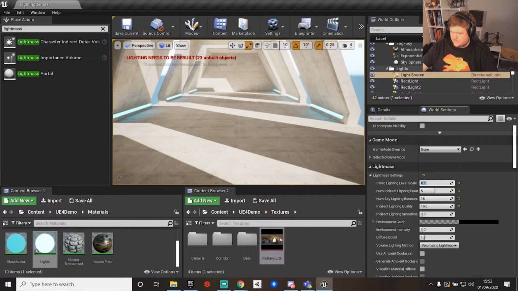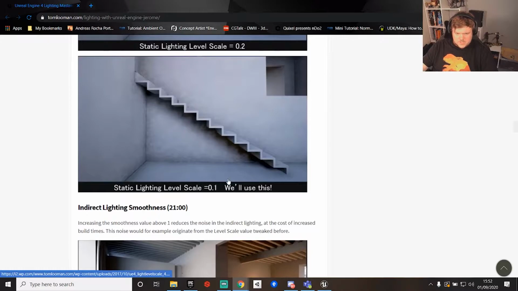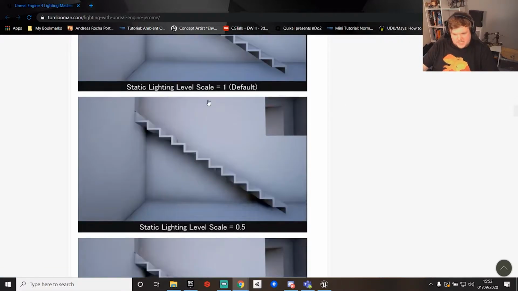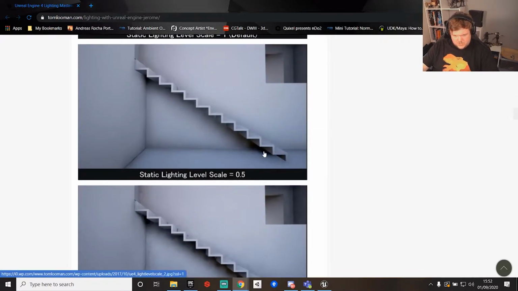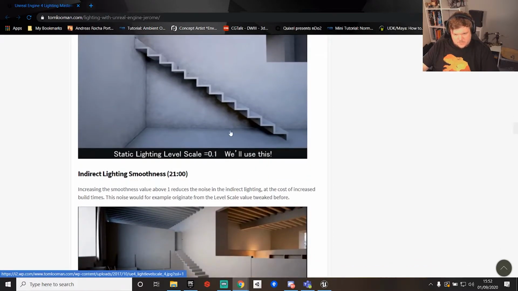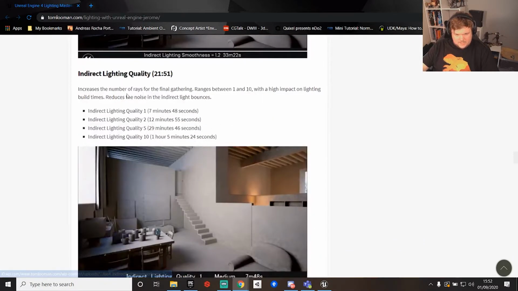But yeah, so let me just show you the example of this. As you can see here, when it's set to 1, we don't get a lot of noise, but at the same time there's not enough detail there basically. We start to get more noise at 0.5, at 0.2 we're getting a lot of noise, and then with this we've got quite a lot of noise. And that's when the indirect lighting quality comes into play, and that's why we